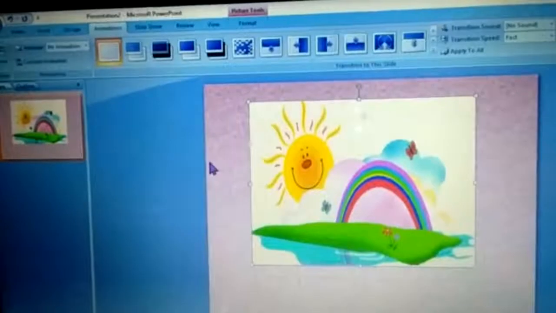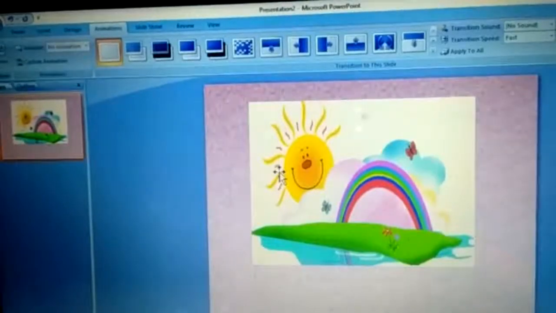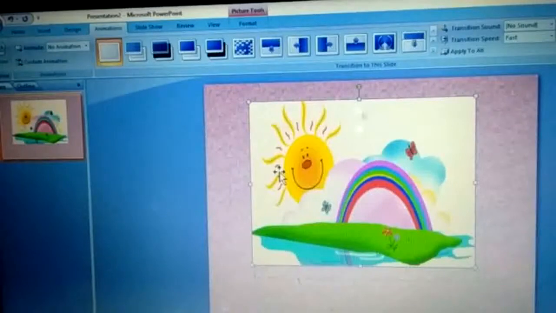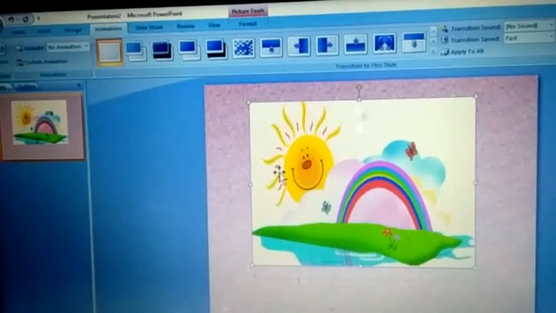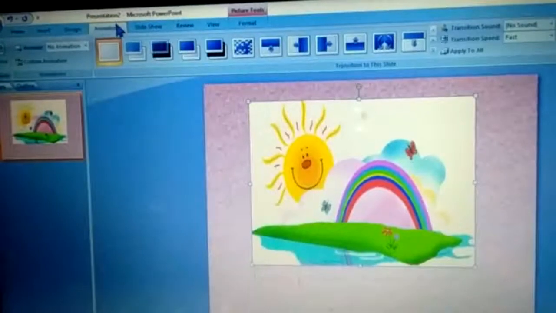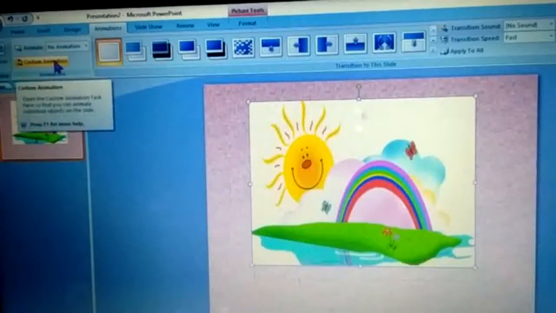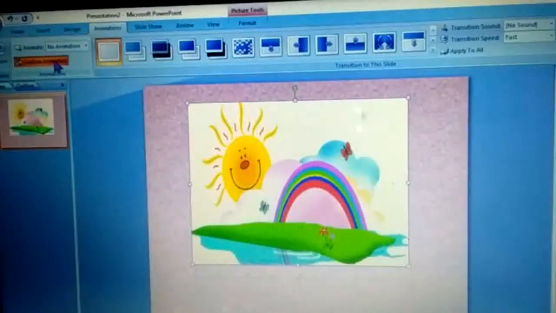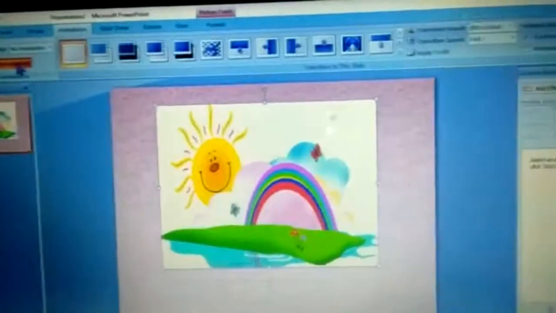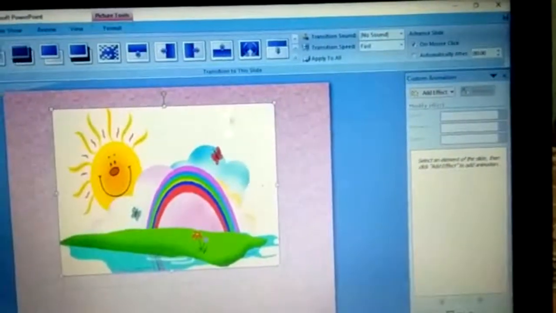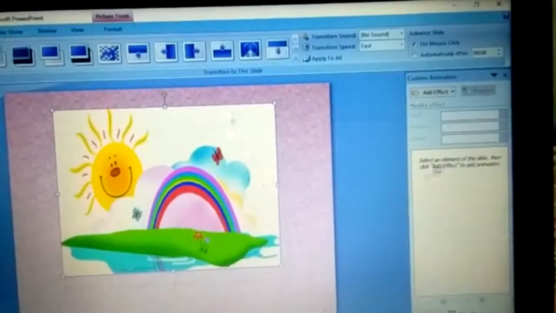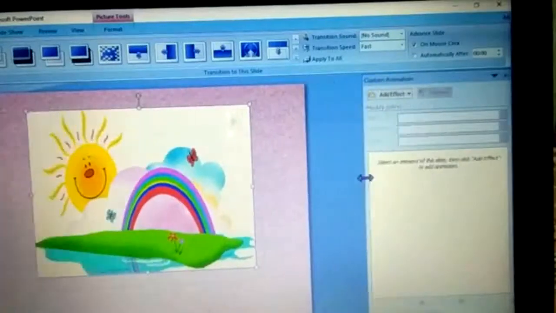So children, this is our slide, okay, and this is my object, a picture. First step is click on this object, and after that go to the animation tab. When you click on the animation tab, where will you go? You will go to this animation group. Here is the animation group, and in that you will click custom animation. As you click on custom animation, on the right hand side a dialog box will appear. Can you see this? This is the dialog box that appears. Let me just increase its size so that you can see it properly.